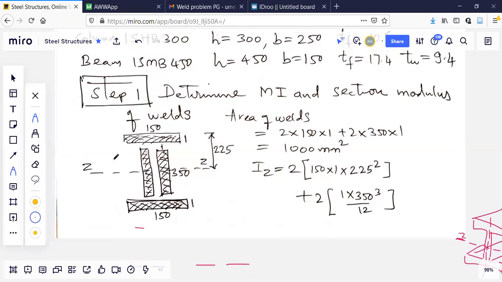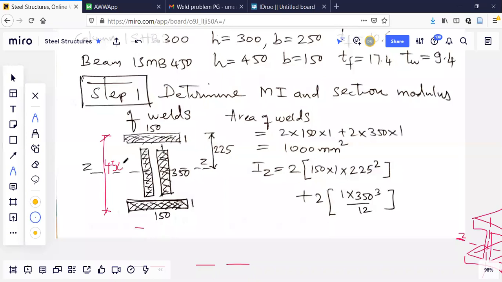I think if you know it, I'll proceed further. If you tell me you know this calculation, I'll go to the next step. I don't know how to start this subject. How much you know, I don't know. How much you don't know, I don't know. So this is 450.